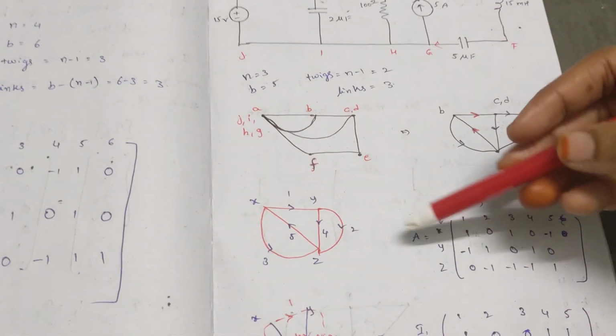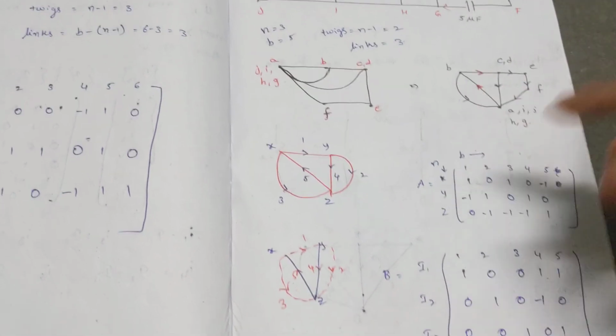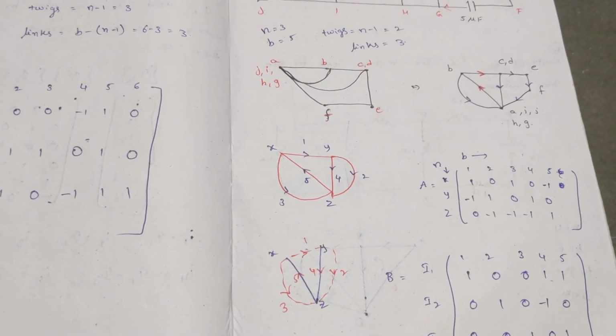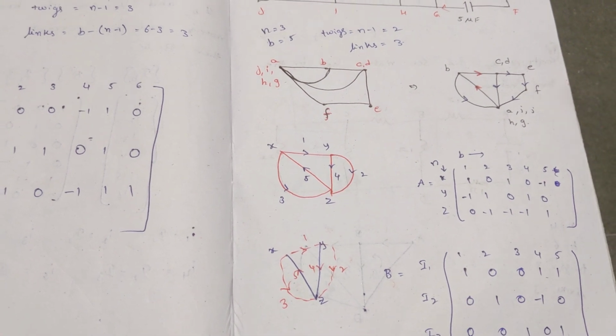Okay, based upon that, I simply assume a tree, which is represented in a straight line, and the core tree, okay, what